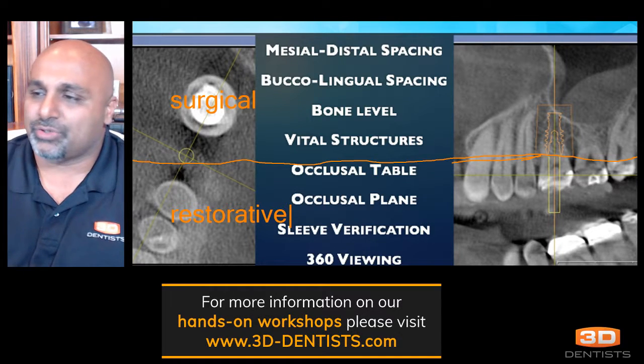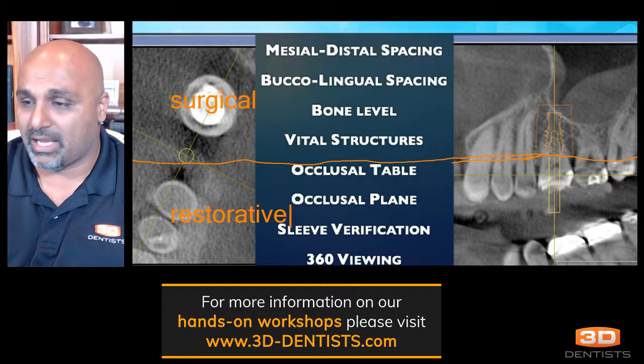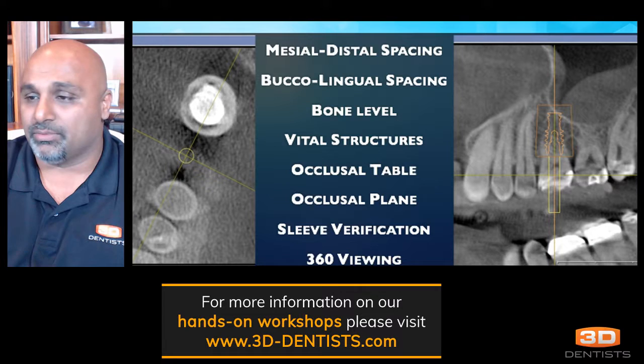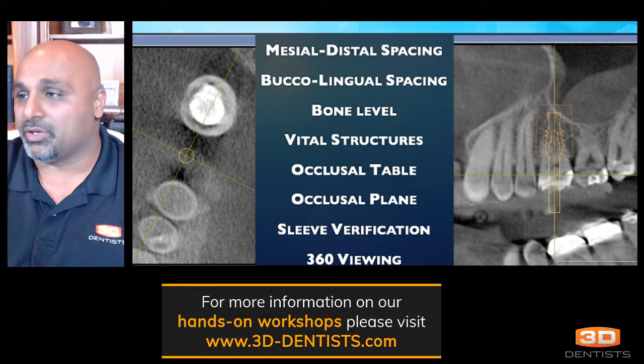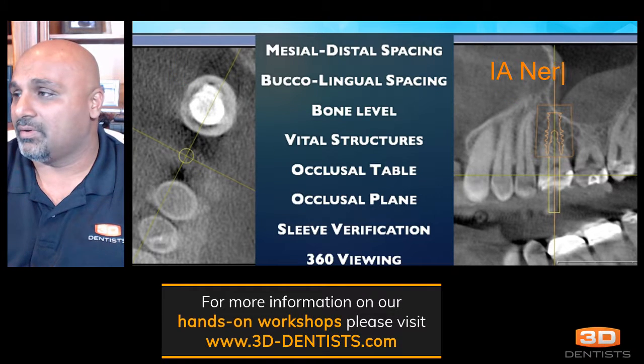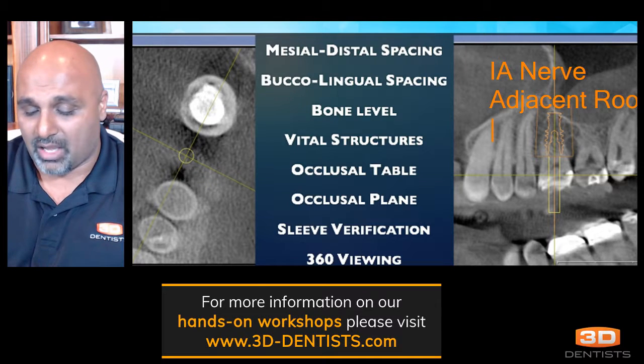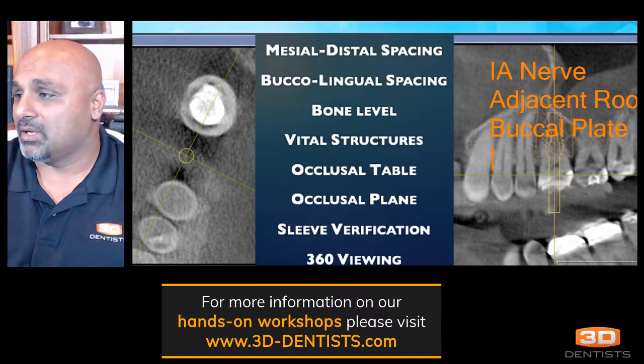And vital structures, on vital structures, you know, really there's a few things I look at in vital structures. So for me, vital structures are going to be, in my order of importance, it's going to be the IA nerve, the adjacent roots. Then we would look at, from my perspective, I would look at the buccal plate, and then I would